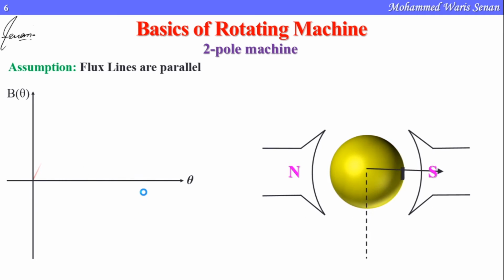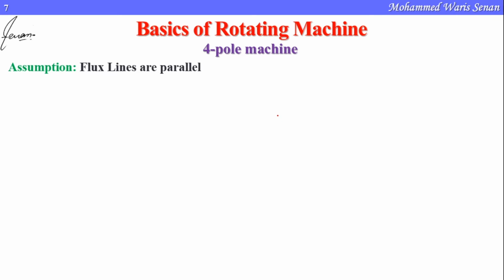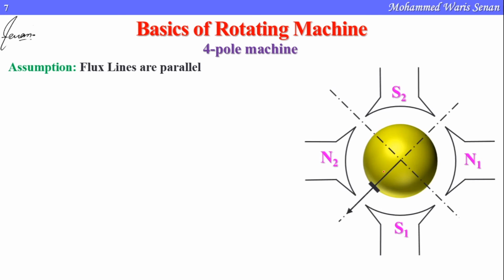Okay. Now let us take the 4-pole machine. Let me show this 4-pole machine. This is how 4 poles are arranged. It will be arranged like this: S1, N1, S2, N2. And these two are quadrature axes. Now the reference line that we are going to take in this case is this line. We will measure theta from this line only. So in this case the theta is 0 degree.